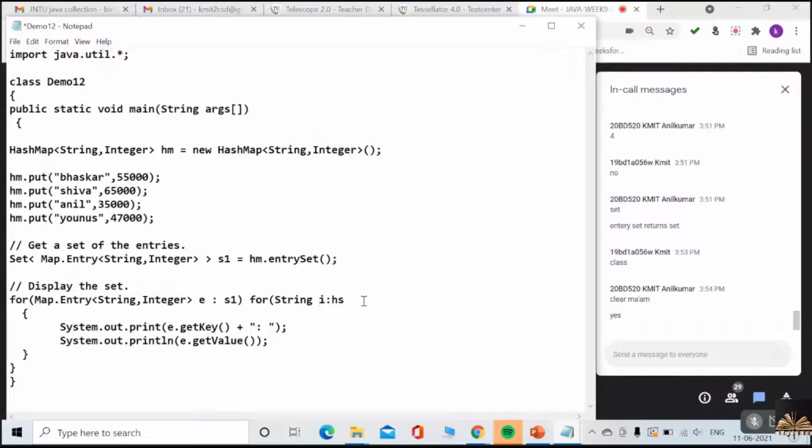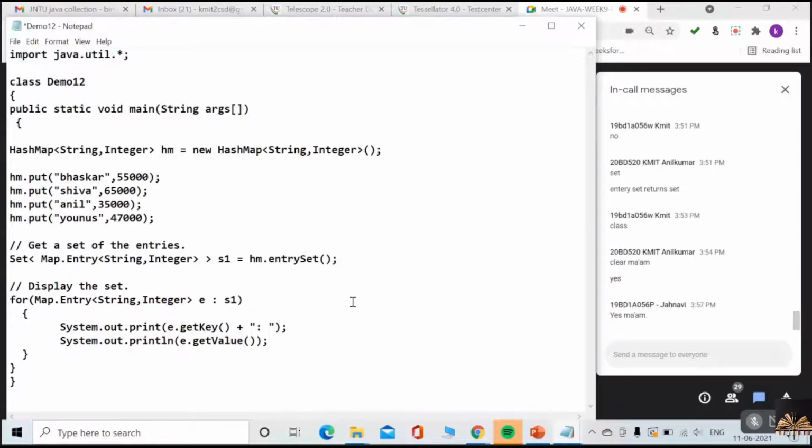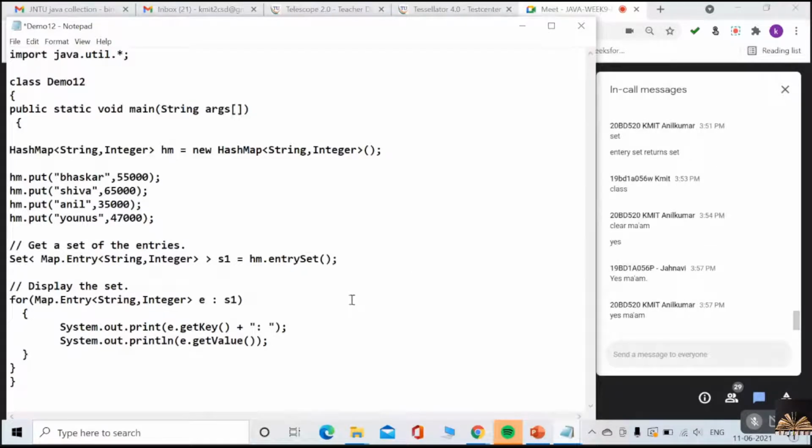So, did you understand? At each iteration, what is the type of the element I am getting, that you need to mention here. In the same way, what type of element I am getting at each iteration: Map.Entry of type. Understood everyone? Yes, right.